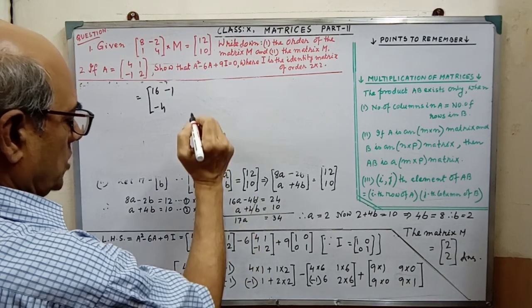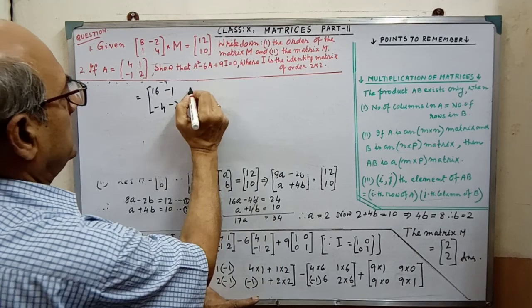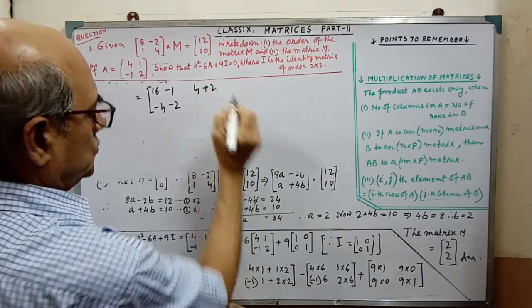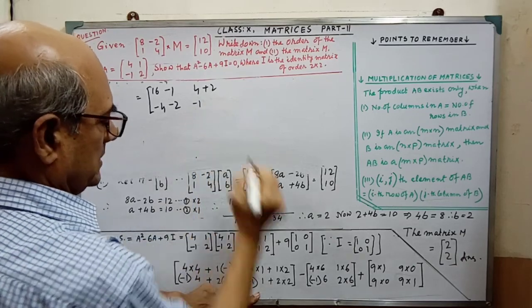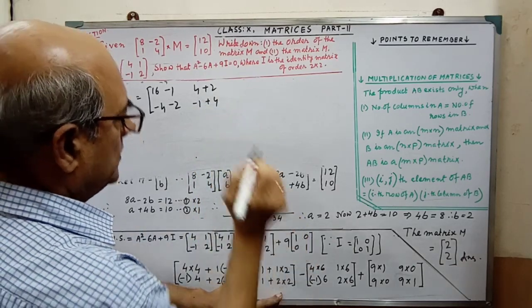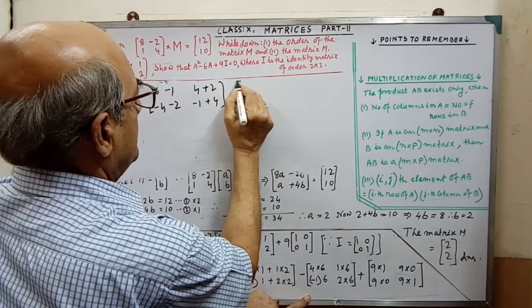And this is also minus 2. Then 4 into 1, that is 4 plus 2, and minus 1 into 1 plus 4, that is 4. I think it is clear. Now this minus